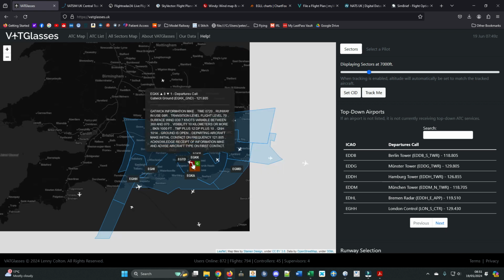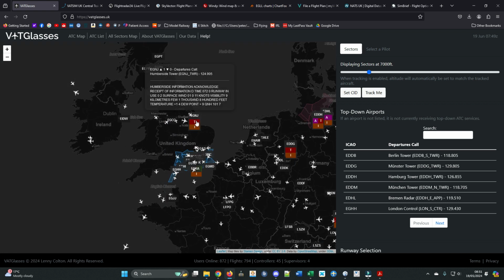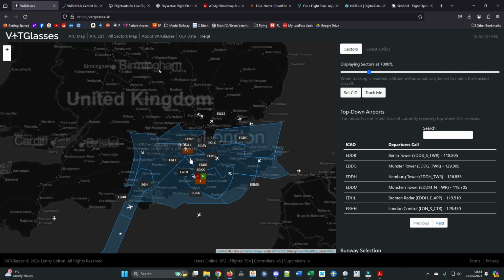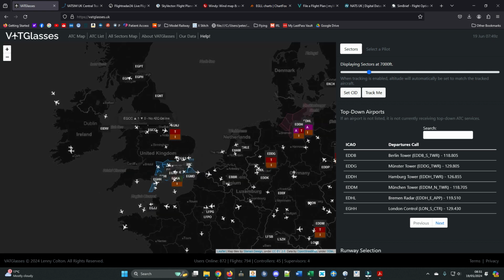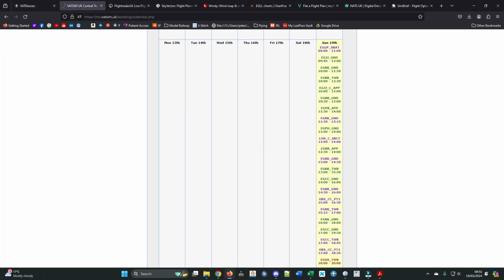You've got Gatwick Tower and Humberside Tower and, like I say, London South. Not a lot of options there, so I might look at doing a flight a little bit later on when there's better ATC. I could plan it all later, or one good option is to go on the VATSIM UK Central Training